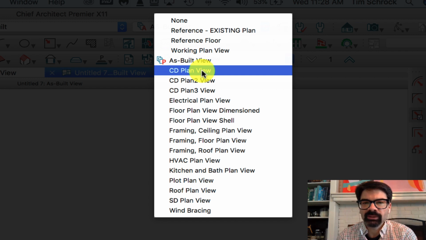Some guys do set up their templates with their layouts that way. I feel it's constrictive, and if you go outside of the bounds of that zoom or that level, then